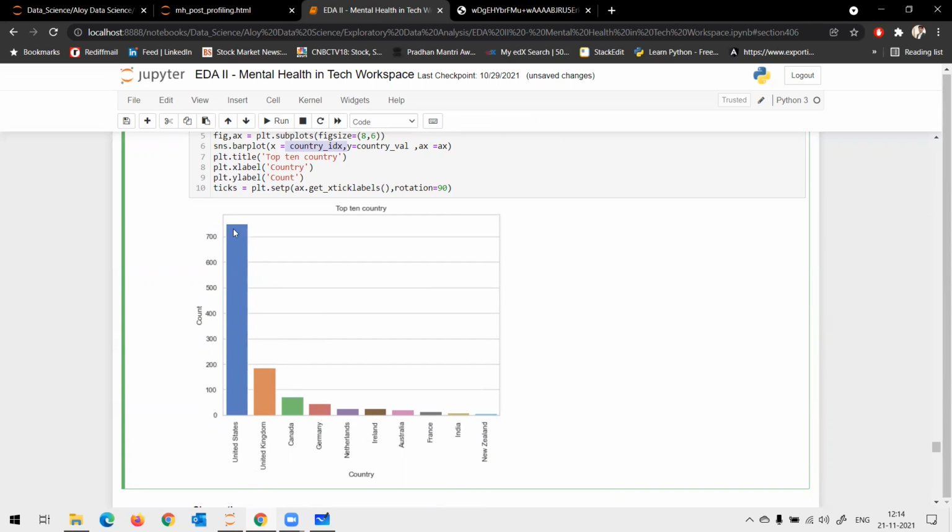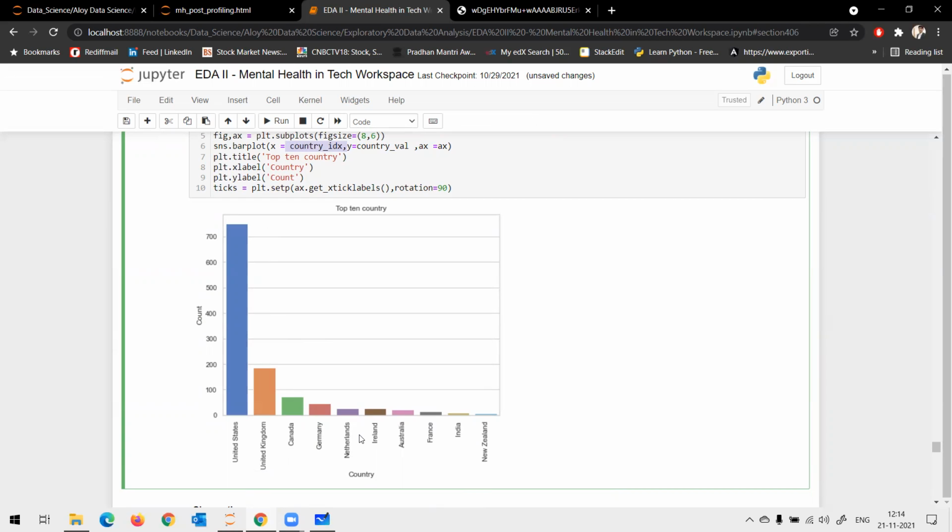First is your United States, which has maximum data, around 70%, I can say, followed by UK, Canada, Germany, Netherlands. Now these are all your first world countries. So the data has around 80% first world countries.